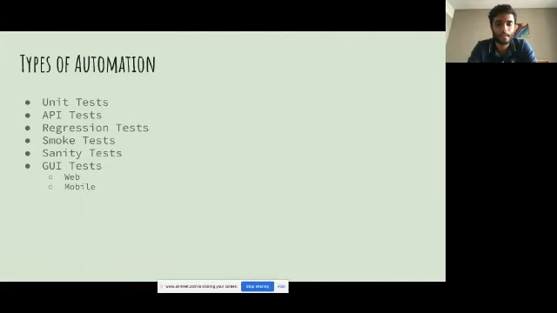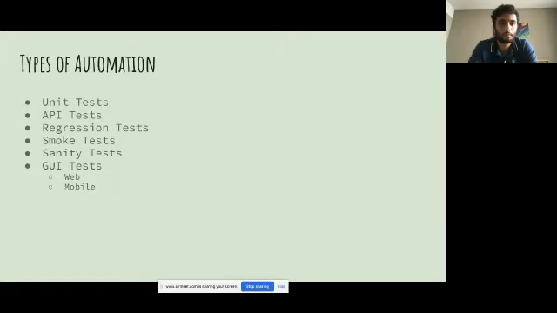Before we begin, I think it's always important to understand the basics of what automation is, what the types of automation are, and also touch base on the different frameworks. I don't want to talk about what automation is; I'm sure pretty much everyone is aware. Rather, I want to talk a little more about the types of automation. There are a lot of different types, and the classification doesn't have a straightforward rule. Different companies follow different types of automation. The most common ones I've listed here.